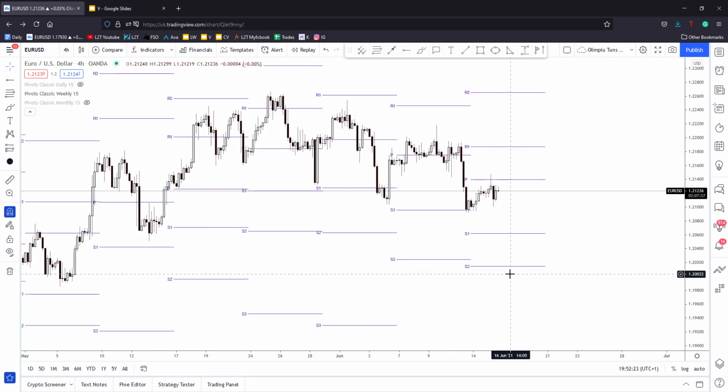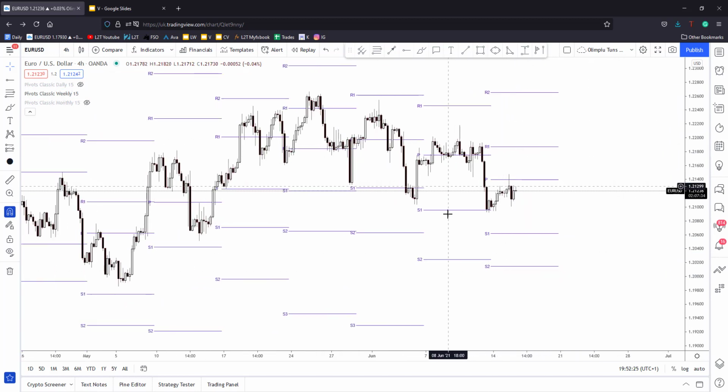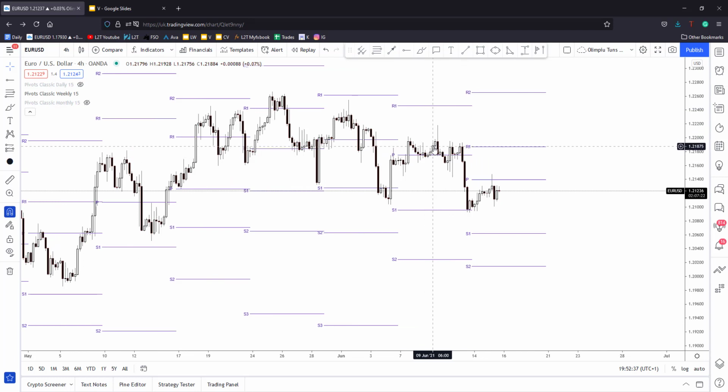So here is the current week, here is the last week, and you can see here that the price has moved sideways right above the pivot point, failing to approach the R1, signaling an important bearish pressure here, and then it has dropped and it has reached the S1, the support, and now in the current week the price has found support here and it has increased and it has registered only a false breakout here above